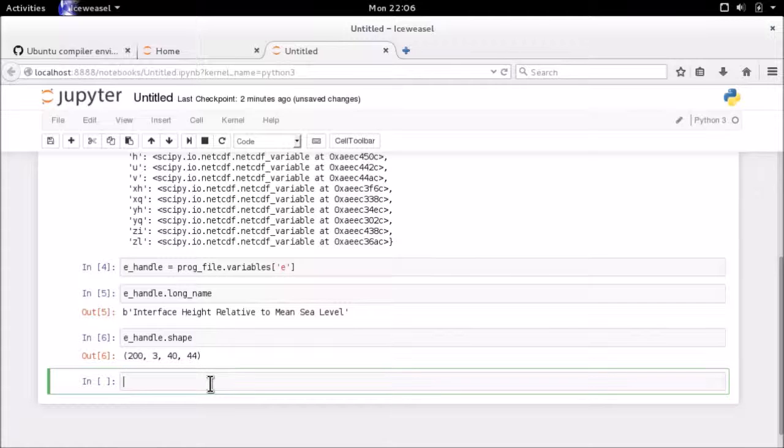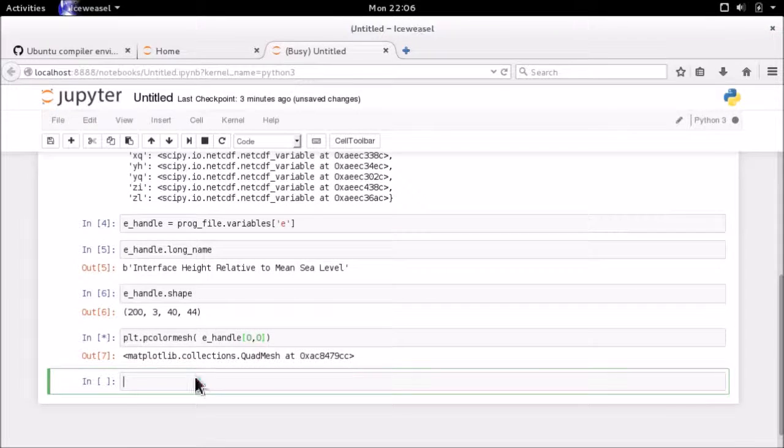Okay, so now let's see what can we do with this. The first thing we can do is do a plan view snapshot of E. So pcolor mesh is a good tool. pcolor mesh is a lot more efficient than pcolor. It can handle curvilinear grids more easily. So I'm going to look at eHandle 0,0. The first index is referring to the time index 200. So it's the first record, since Python starts at 0. First time record, and the top interface is 0. So let's execute that. And there we have